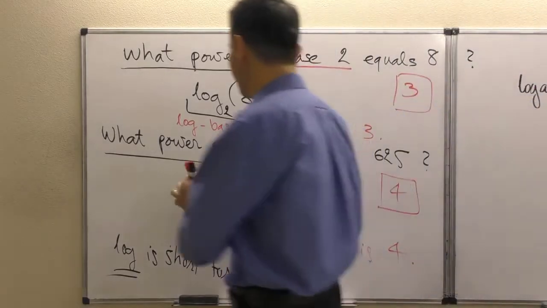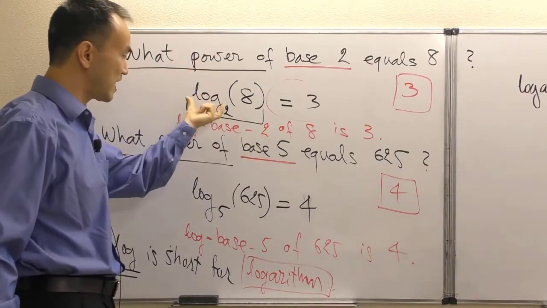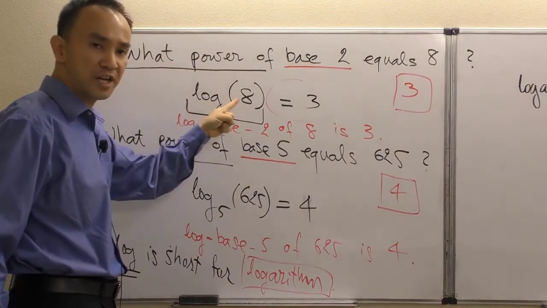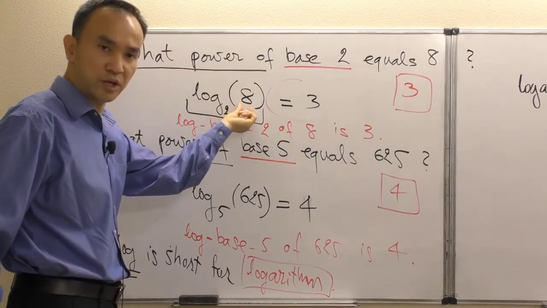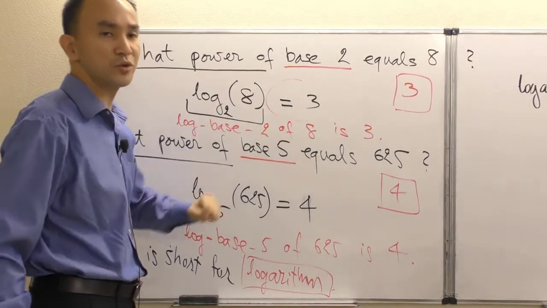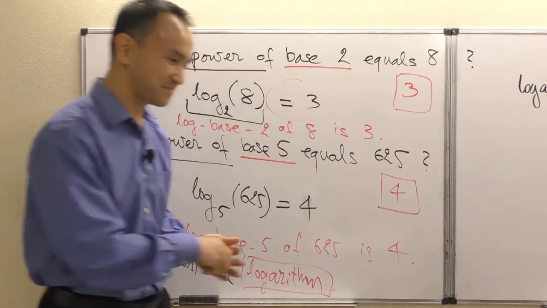So when we're saying it's log base 2 of 8, right? You're saying it like that, but it means it's a question. You're asking yourself, log base 2 of 8, okay? That's a question. What power of base 2 equals 8? And the answer to that is a 3. All right. And so now at this point,